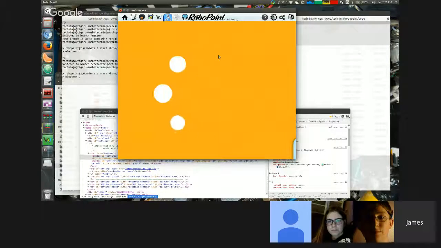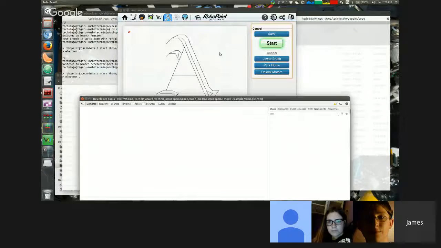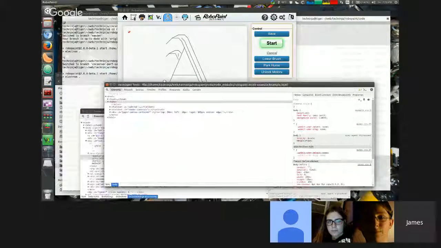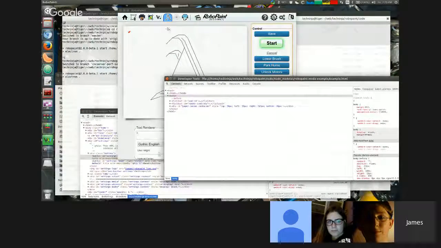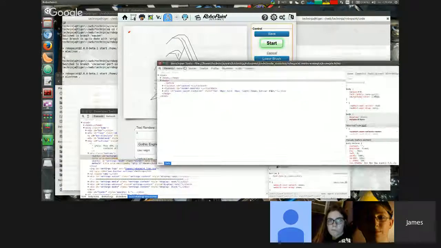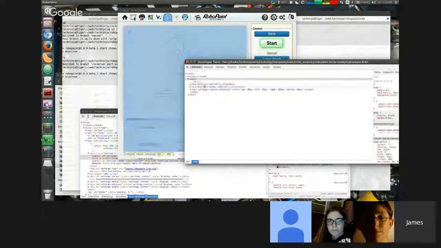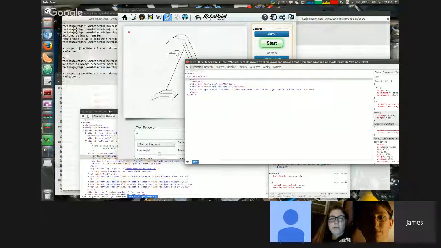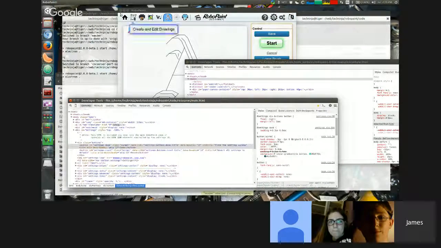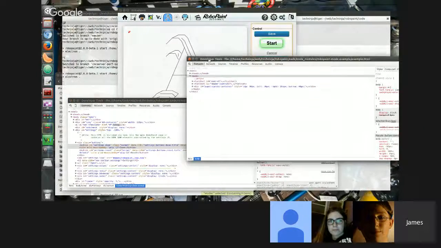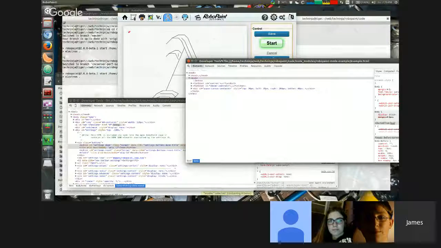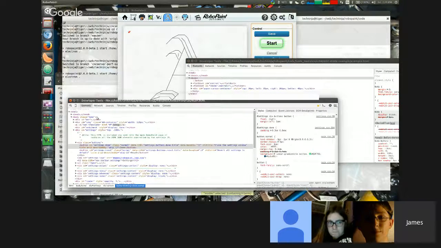Let's open this up. And so what RoboPaint is actually doing is it's opened a completely new window inside of this window, which means you get a completely different dev tools, and you don't actually have access to the same things you did over here. So this controls the main window, and some of the parts that control the wrapper here. And this thing is its own little beast. It's like a little sandbox. Whatever wants to run in here can run in here, but it only gets access to stuff that we give it. And we can actually find in here the window that does it.